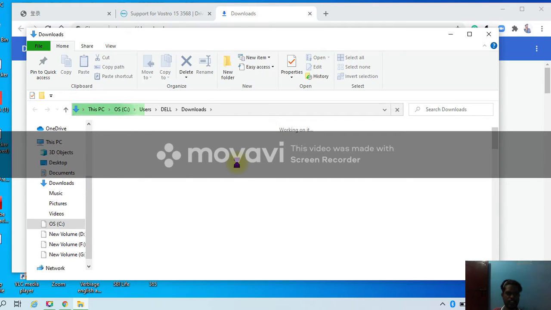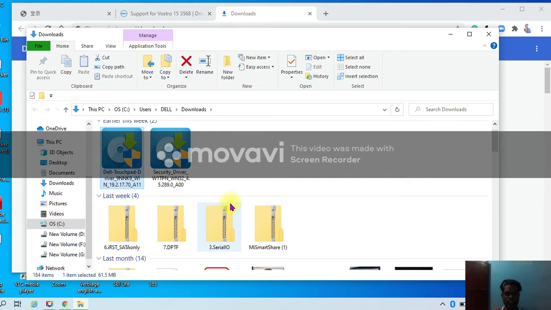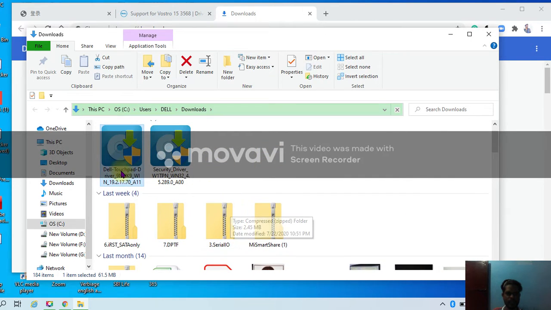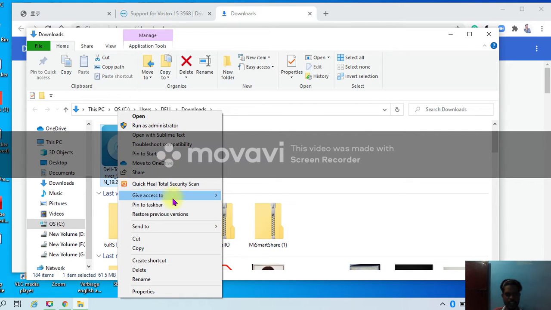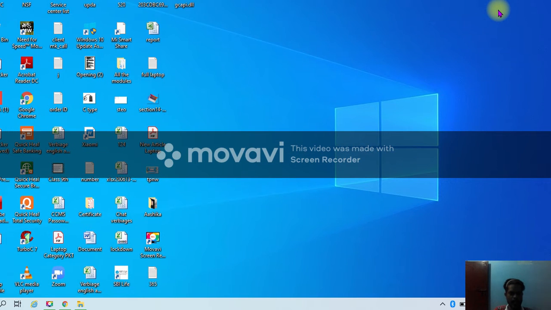I'm sorry guys, my system is slow, so we will definitely be working on system cloning as well, no worry. Now I click on this, and I can go with the run as administrator option, and the second option is...